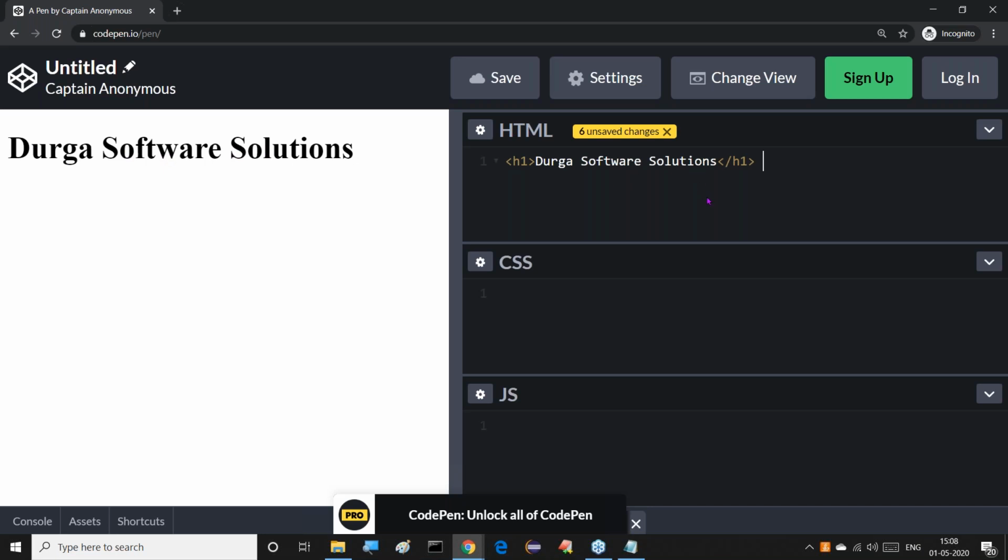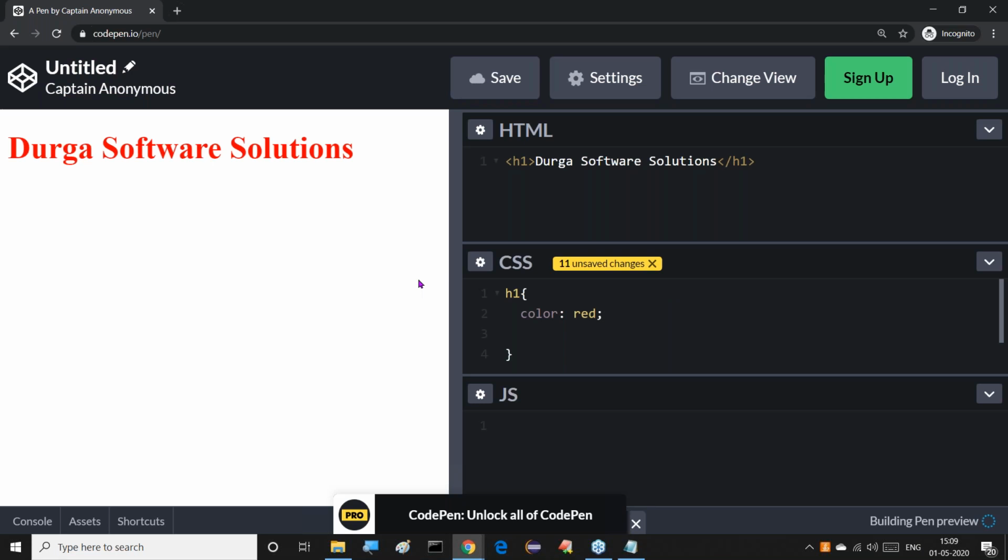Good. Next, after completion of this part, I want to provide some CSS code. For H1, inside this, I write color, colon, and use a semicolon. Automatically it is saved and we get the result.